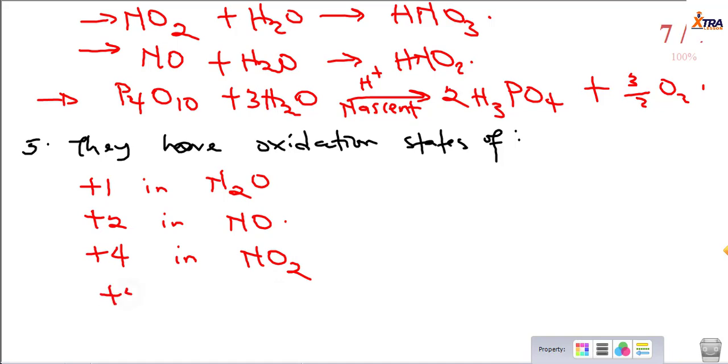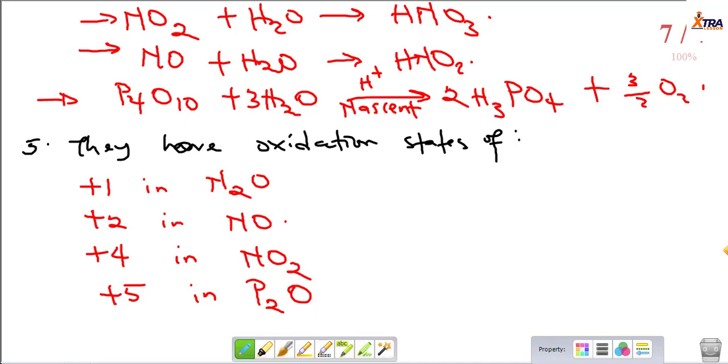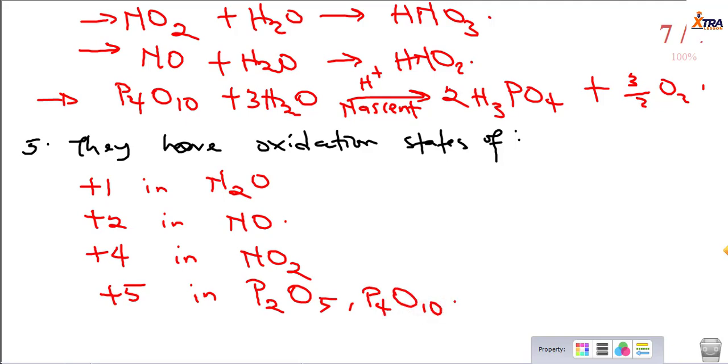Of +5 in phosphorus(V) oxide, P2O5, sorry. So you can see the oxidation states they have: +1, +2, +3, and +5. They have these oxidation states. Alright? Now, what about